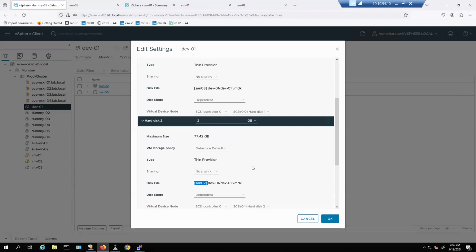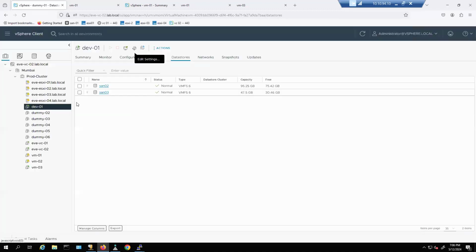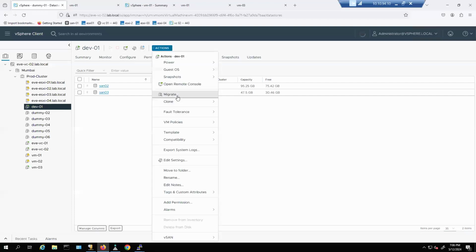Now let's take an example. I want to make the second hard drive only thick provisioned, not the first hard drive. The first hard drive should be thin provisioned, but the second hard drive has to be thick provisioned. What do I do? How do I make it thick? For that, again, you do storage vMotion,